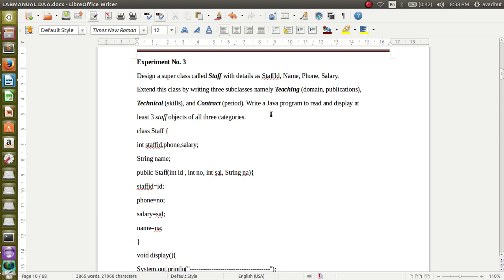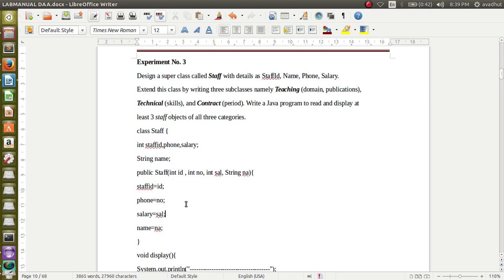Then we are creating a function here. What is the function? That is public staff, with staff ID, number, salary and name. Now you can see that the name of the class and the name of the function is the same, so it means that this staff is a constructor. In the previous video I told you what a constructor is.